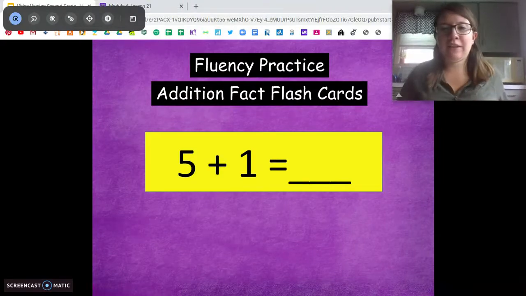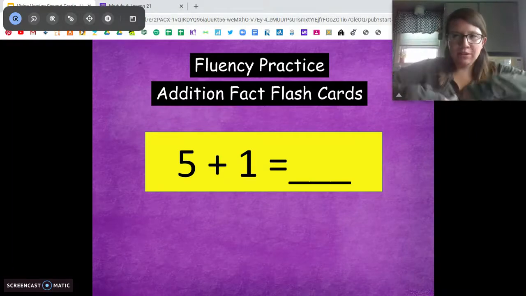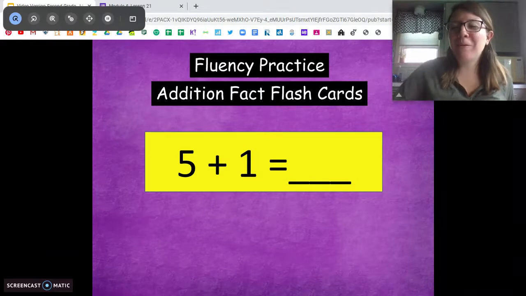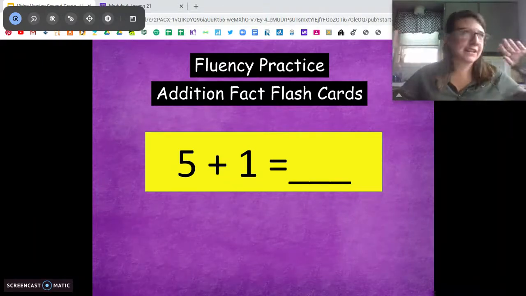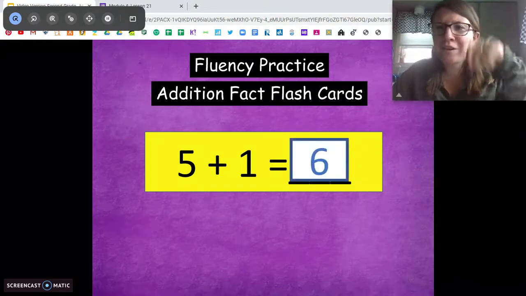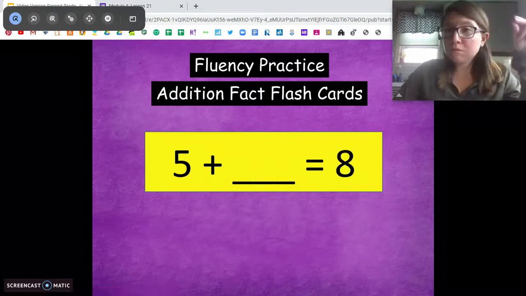All right, we're going to review our fast facts again. Giving you the first one easy. Are you ready? Let's go. Fast as you can. Remember, it's important to know these facts fast, so that when we start doing our addition, we can just add the ones, add the tens, add the hundreds. Super easy. 5 plus 1 is good. 2 plus 5, good. Missing number,